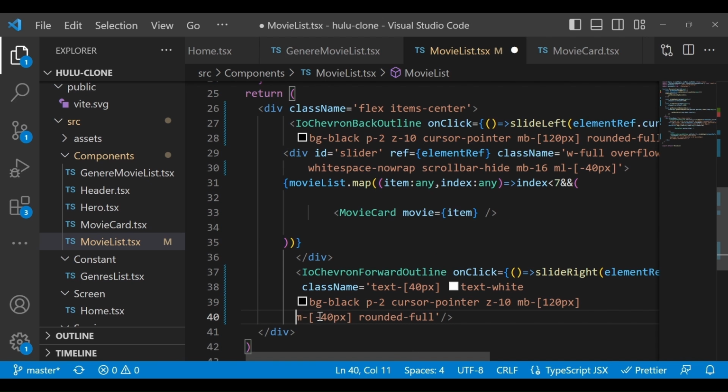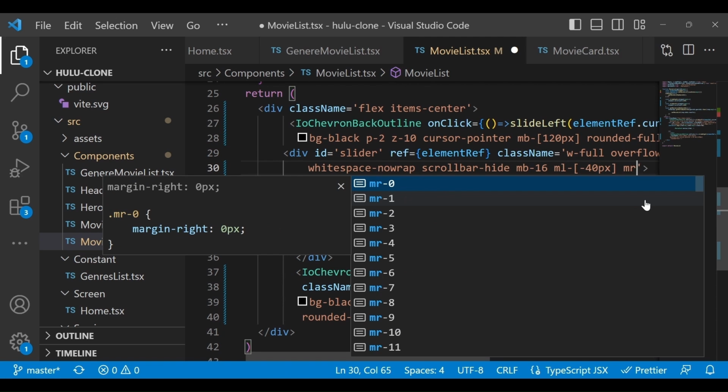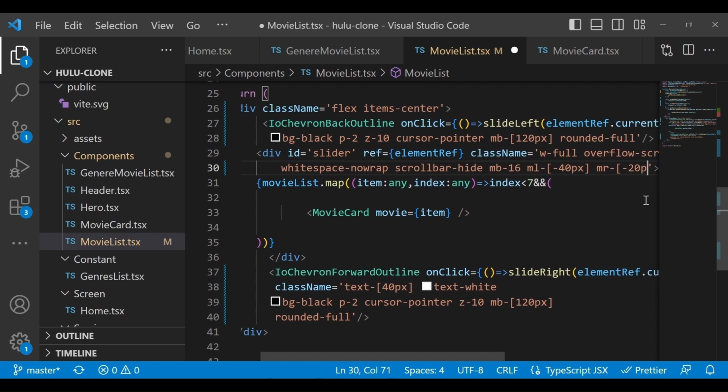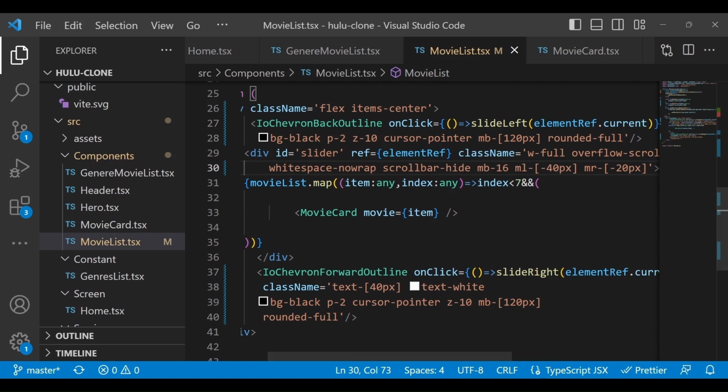Oh, my bad. So actually we want to give it here only, not anywhere. So margin right, and minus 20 pixel. Let's try this one,